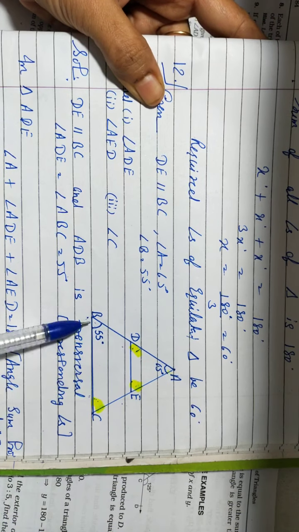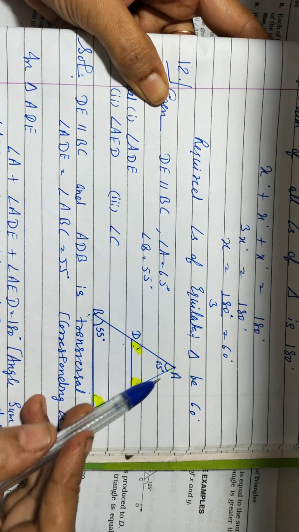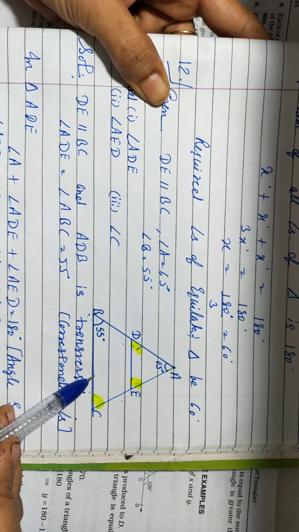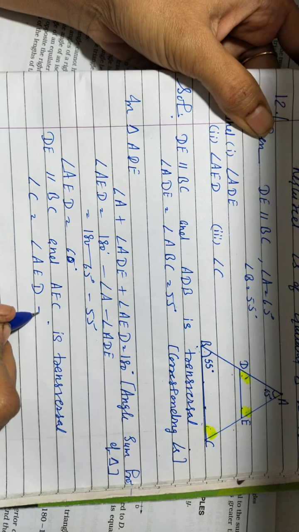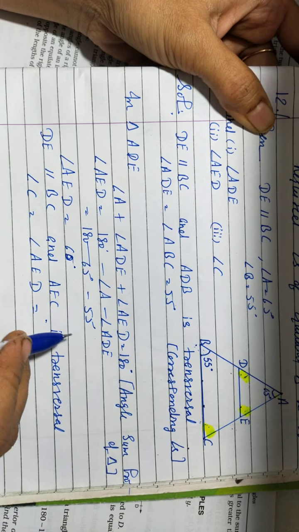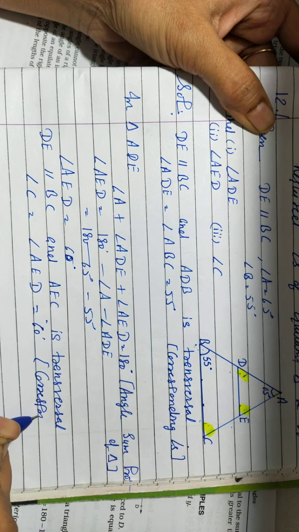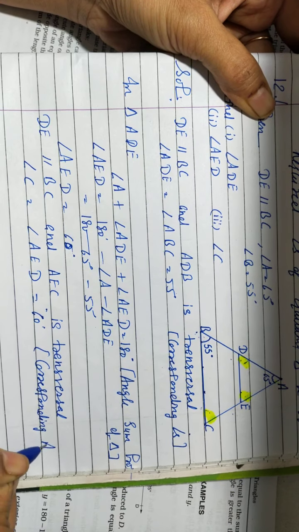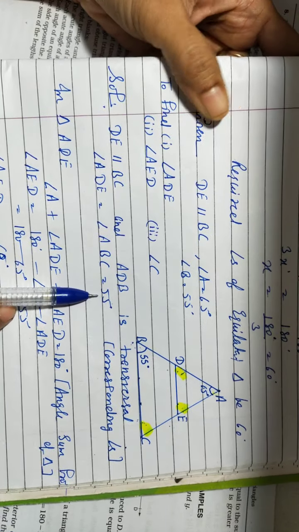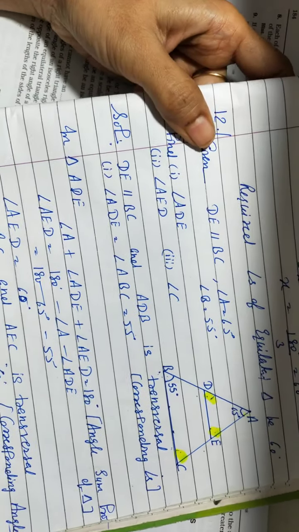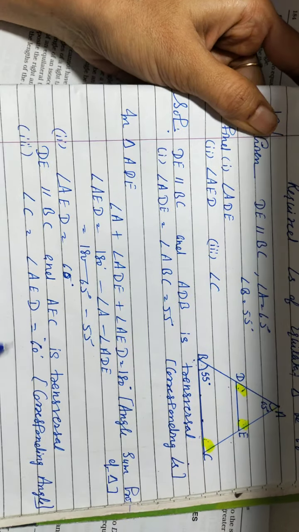Now you can see DE is parallel to BC, and considering AC as transversal, then angle AED is equal to angle C, or you can say ACB. Again the reason is the same, corresponding angles. How much is the measure of AED? 60 degrees. Again the reason is the same, corresponding angles. Okay class, now we have found our three angles: angle C, angle AED and angle ADE. You can label it as the first part, this is our second part AED, and our third part as angle C.